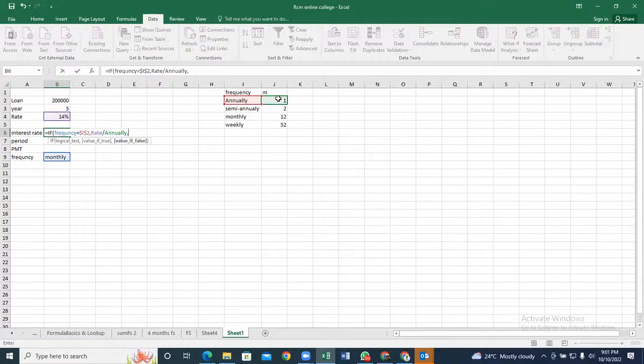Option number 2, if our frequency key is checked to be equal to semi-annually, because that is the list which is here, comma, then we will take the annual rate, divide by the number of half years in a year. And how many are they? There are 2. Where do we get that 2? Here. So it is taking the annual rate, dividing by frequency, which is semi-annually. That semi-annually is represented by the number 2,